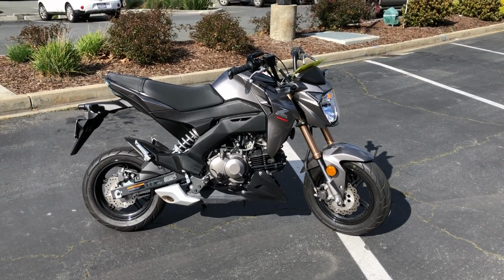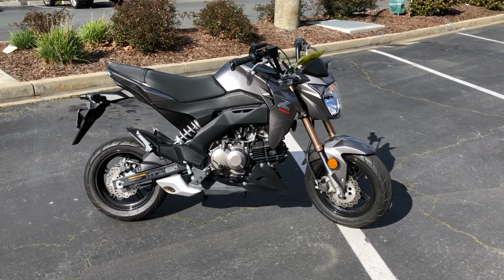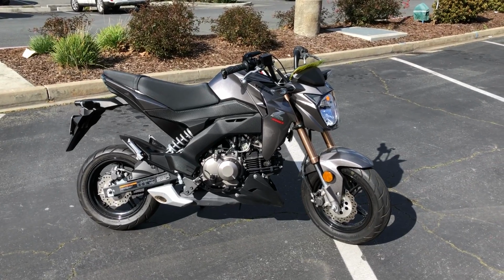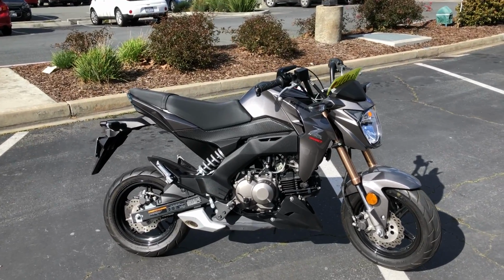Here we are at Contra Costa Powersports at our new location, 1150 Concord Ave. And today we have our 2017 Kawasaki Z Pro 125. This bike is in beautiful condition, a gorgeous metallic gray paint scheme,